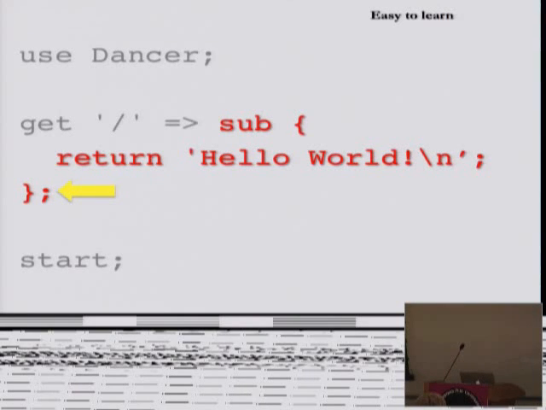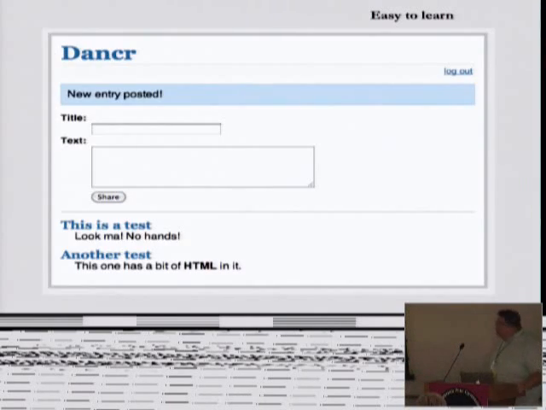Yeah, so if you leave this off, because this is an anonymous subroutine, and you leave this semicolon out, it makes Dancr very sad, and it will make your Perl compiler very sad. And you will actually literally spend hours trying to figure out what's wrong because it looks right, but it actually won't compile. And you'll be like, "Urgh." So don't do that.